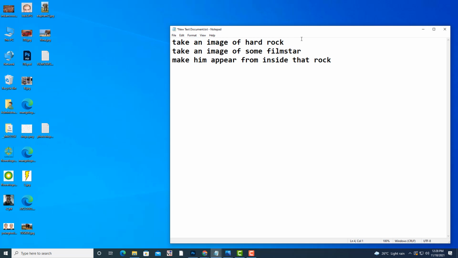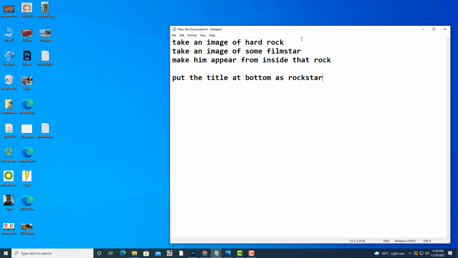That person should appear from inside that rock, and you have to put the title at the bottom as Rockstar. Understood what I'm saying?